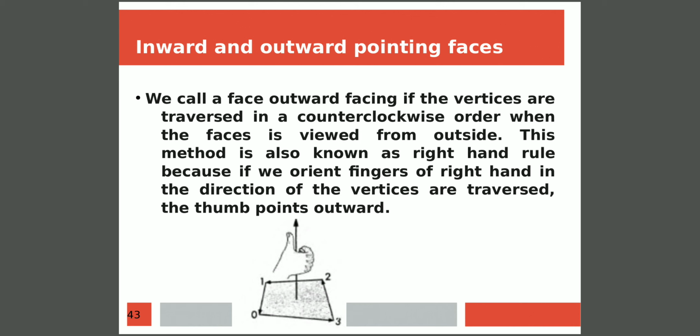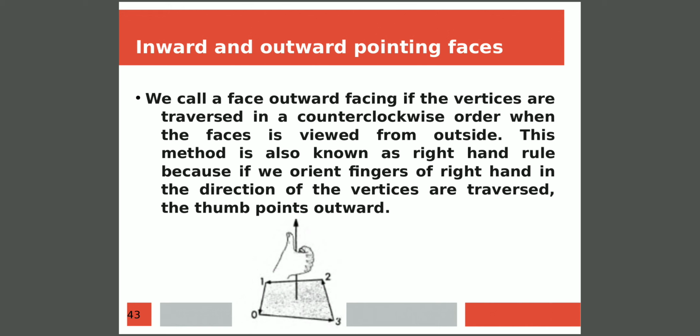To understand that, to call a face of a cube an outward face, the vertices should be traversed in a counterclockwise order. As you know, when we display a polygon or a quadrilateral, the order of giving the vertices matters. That you have observed in your first lab set program. If you are not giving the vertices in a proper order, then you are not able to observe the proper polygon or quadrilateral. That means you are supposed to give the correct order of vertices, so you are able to get the proper quadrilateral.